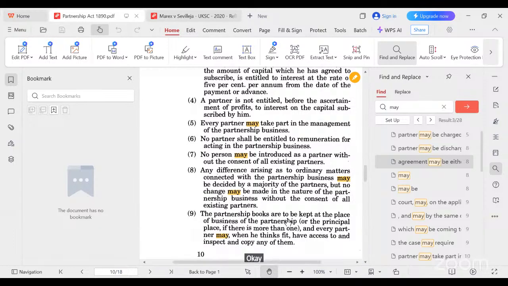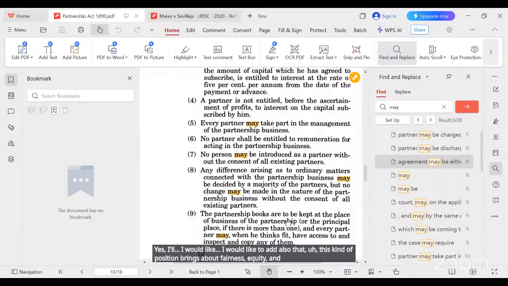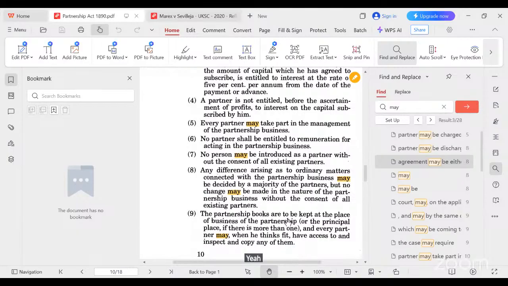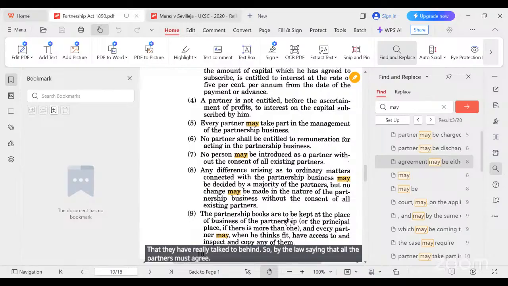Okay. I guess everybody agrees with that one. Yes, sir. I would like to add also that this kind of position brings about fairness, equity, and perfect agreement amongst the partners. So we should retain this so that we don't have a situation whereby a few people will bring somebody that they have talked to behind closed doors. By the law saying that all the partners must agree, it means you must be able to convince your partners, your colleagues,